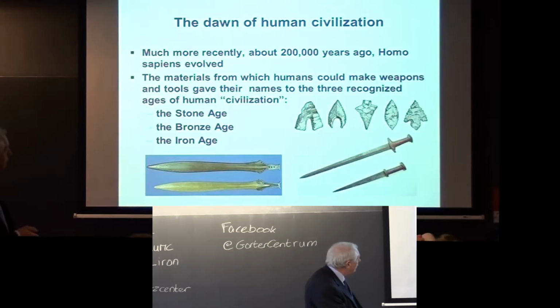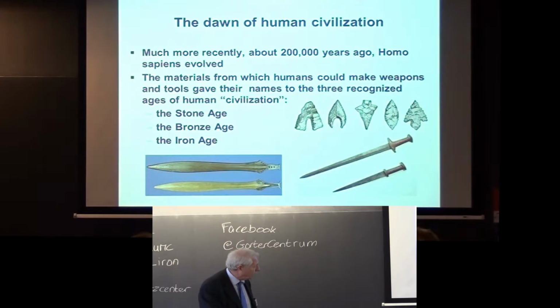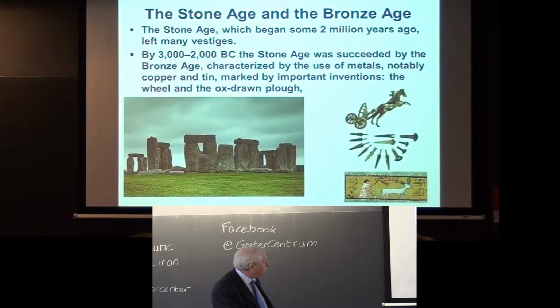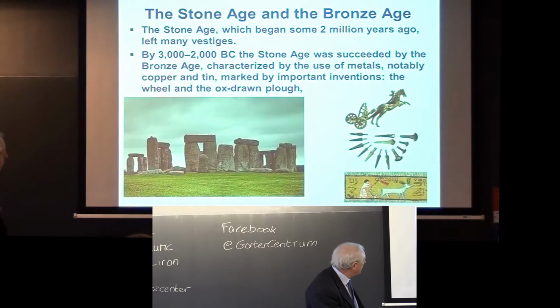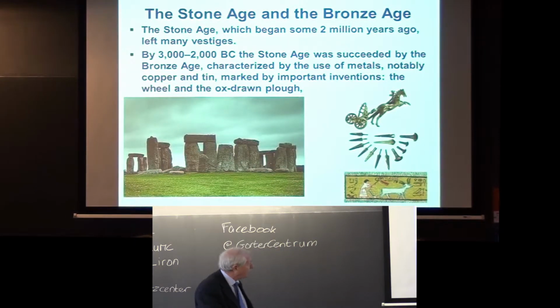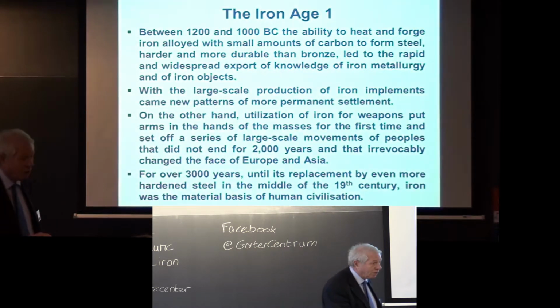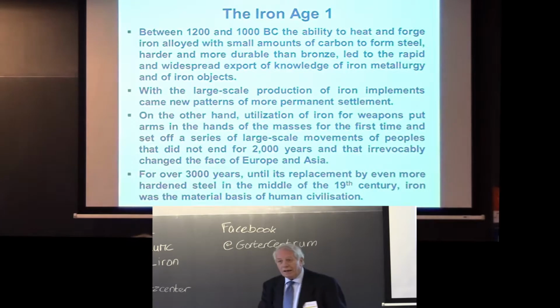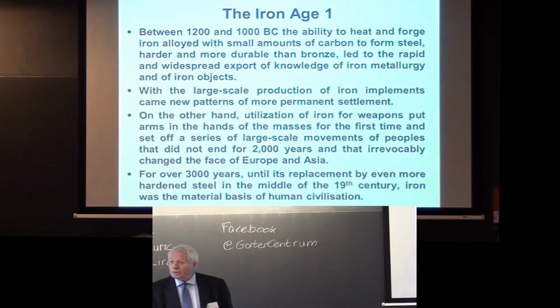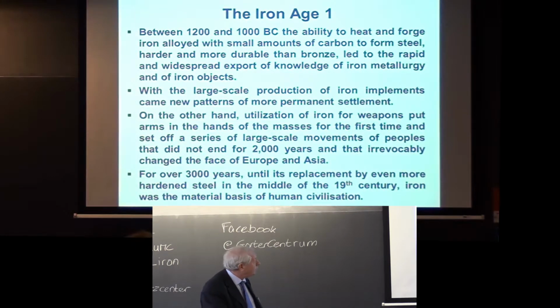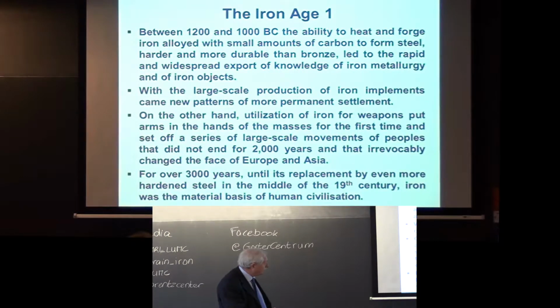Civilization in humans is often described in 3 ages: the Stone Age, the Bronze Age, and the Iron Age. The Stone Age was quite a long time ago, 2 million years ago, and there are lots of traces of it. Then the Stone Age was succeeded by the Bronze Age, using metals, notably copper and tin, and inventions such as the wheel and the ox-drawn plough. But then, between 1200 and 1000 BC, people discovered that if you could heat iron on a wood fire with small amounts of carbon, you produced something which we now know is steel, and which was much harder than bronze, and therefore iron metallurgy grew and grew,